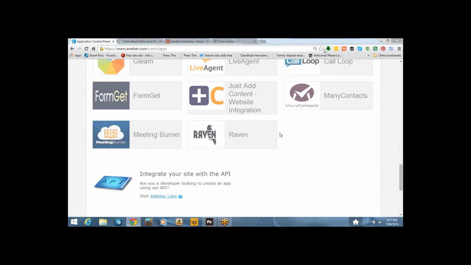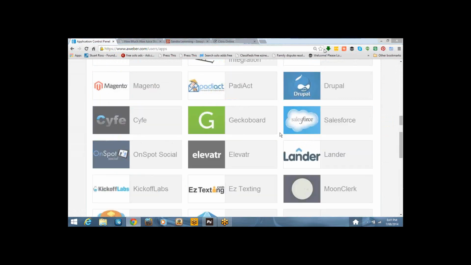This Facebook integration app will put an Aweber tab on whatever business page or fan page you choose. Then you can build a basic sign-up form, so that when people come across that sign-up form on your fan page on Facebook and click on it, they can enter their name and email address, and they'll come into your list in Aweber. So they can subscribe to your list.